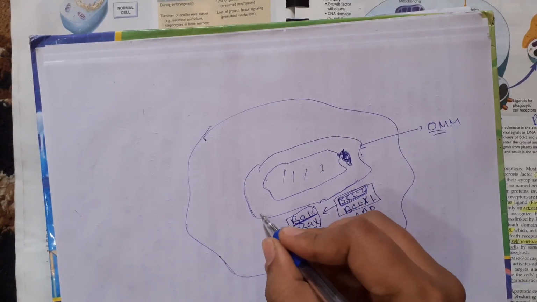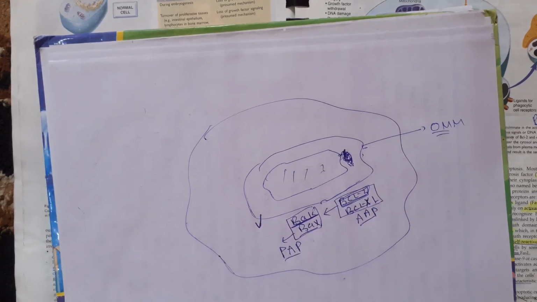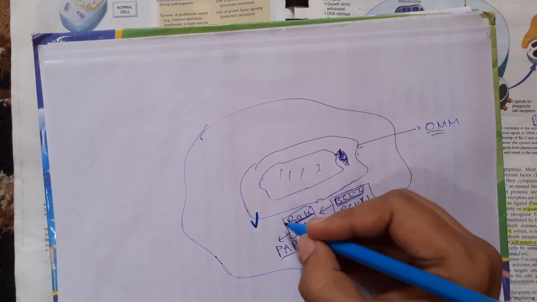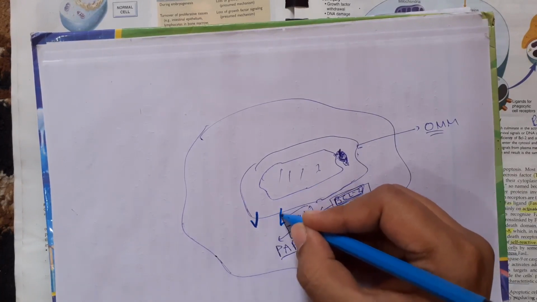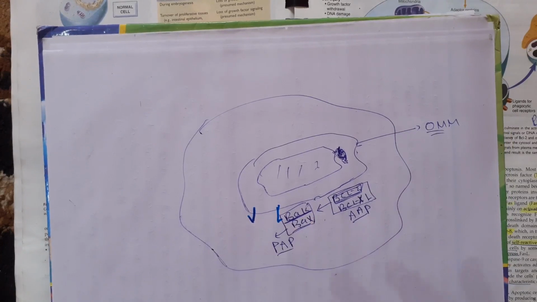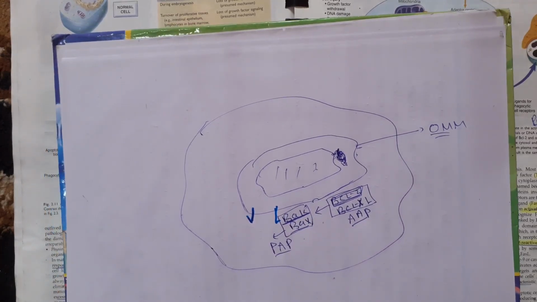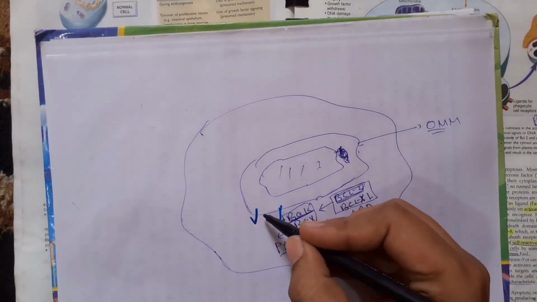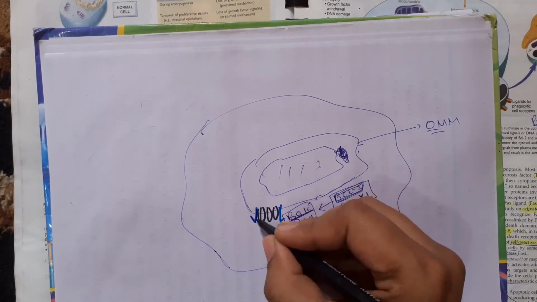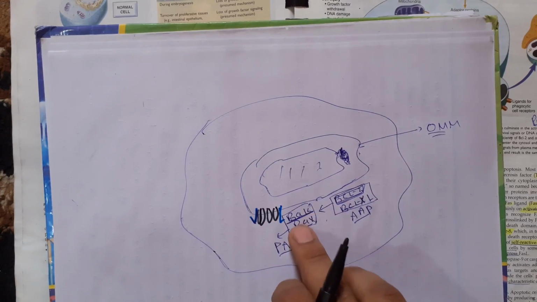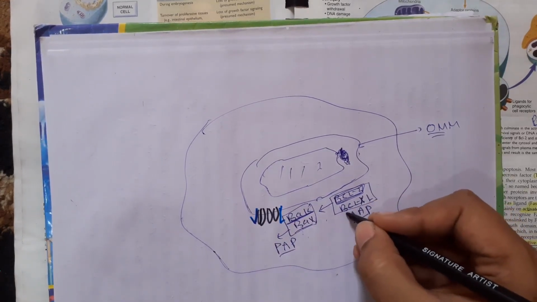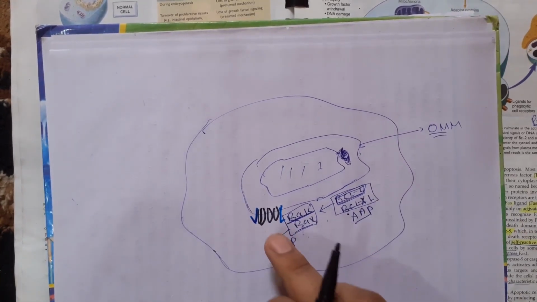Suppose this is a BAK protein, and this is another BAK protein. So these are not dimerized; they are separate. When they are separate, there is no channel here. Let me explain. Suppose BCL2 and BCLXL lie here, and they prevent the dimerization of these BAK proteins. But when the activity of BCL2 and BCLXL decreases, there is dimerization of BAK and BAX.